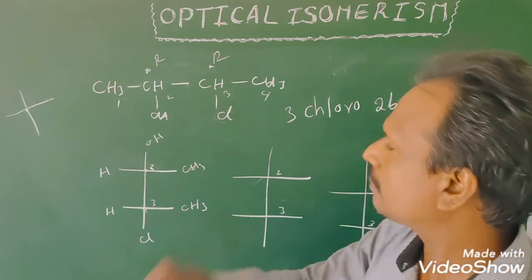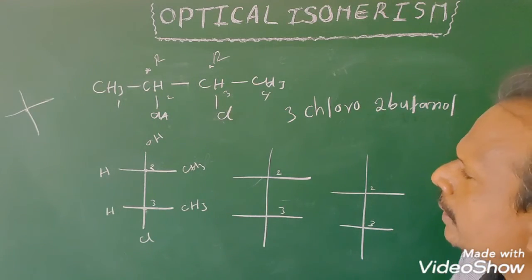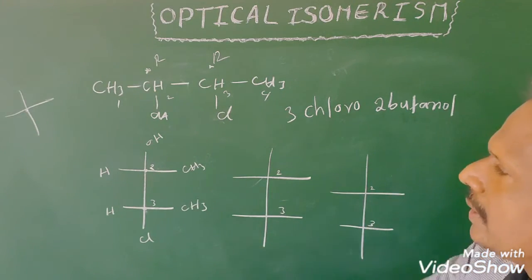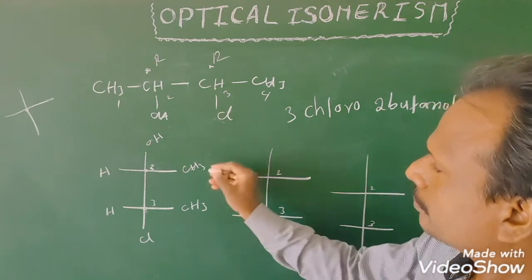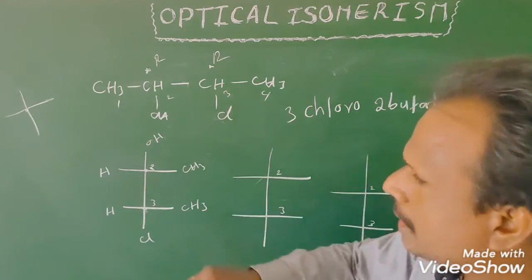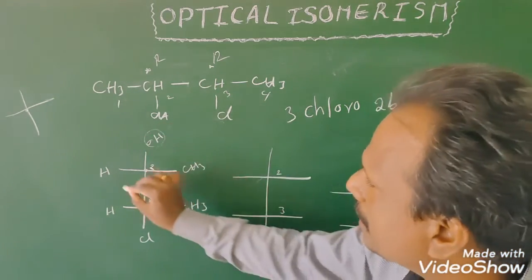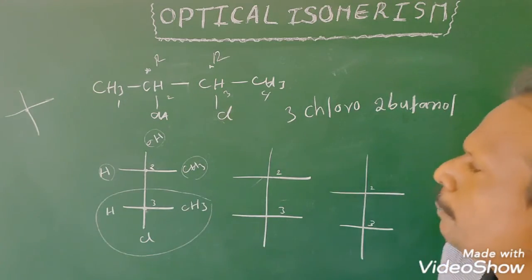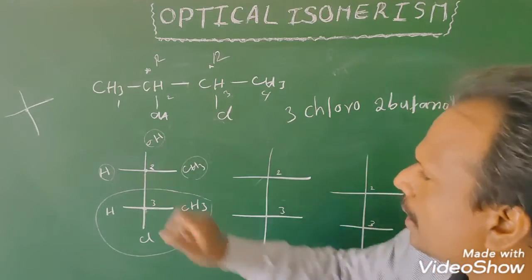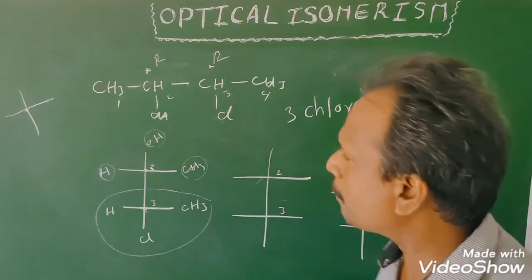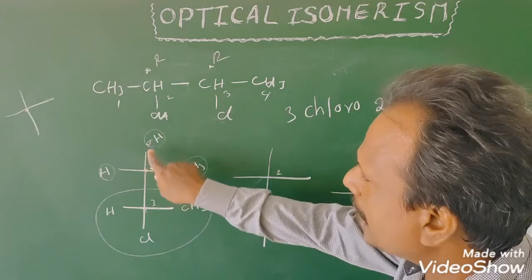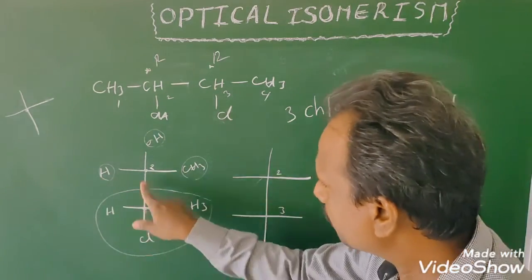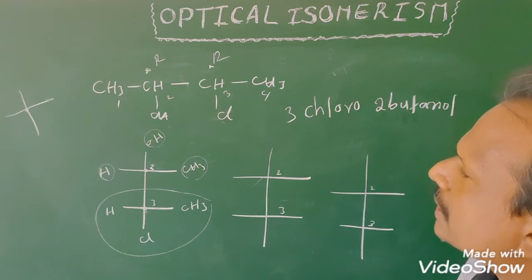For the second carbon and third carbon, with the help of CIP rules, we label the chirality of the second and third chiral carbons. First one. In this, the chiral carbon has 4 groups. One is OH, another is H, another is CH3. The remaining group is the 4th group. The 4 groups are different, so it is a chiral carbon. How can you decide the chirality using CIP rules? Here in this group, the linked atom is oxygen. In this group, the linked atom is carbon. In this group, H. In this group, C. So priority one is given to the OH group.